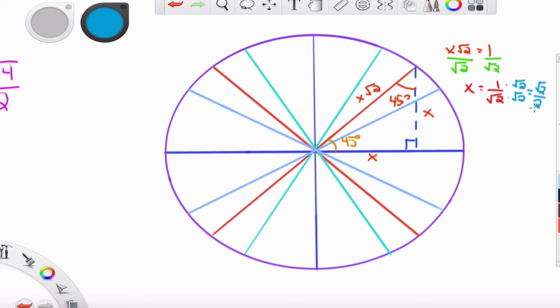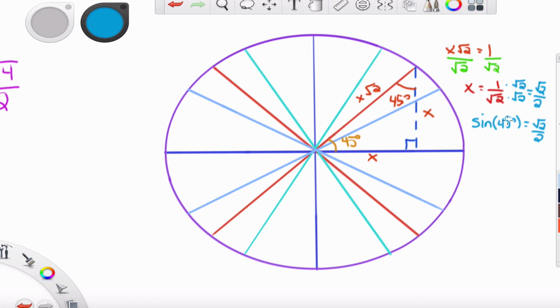which we know is just 2. We've just found x, which also happens to be the sine value because it is the vertical height of this triangle. And once again, it's positive because it's in the first quadrant, and we know that the y values are positive in the first quadrant. Sine of 45 degrees, because of this 45-degree angle here, will be the square root of 2